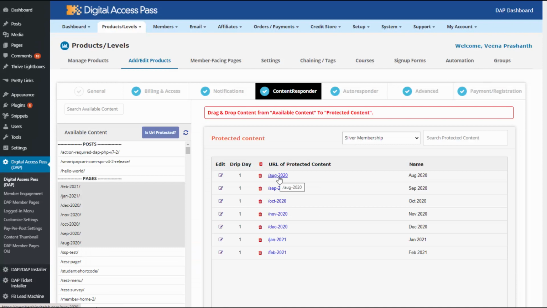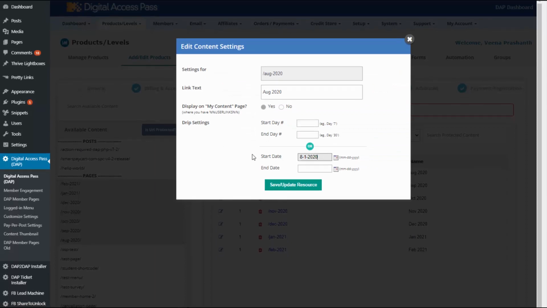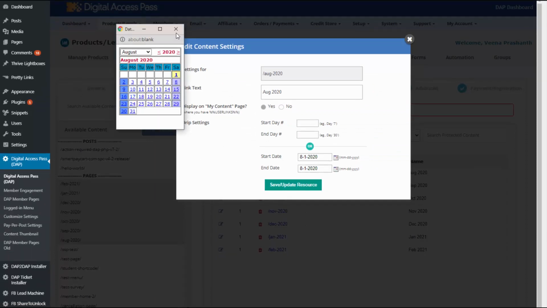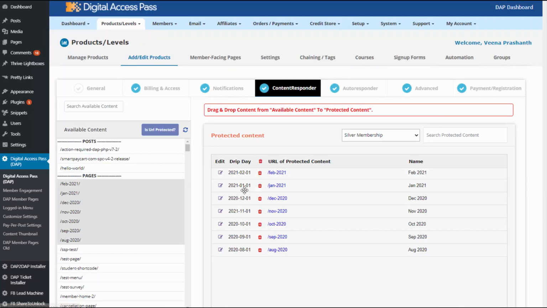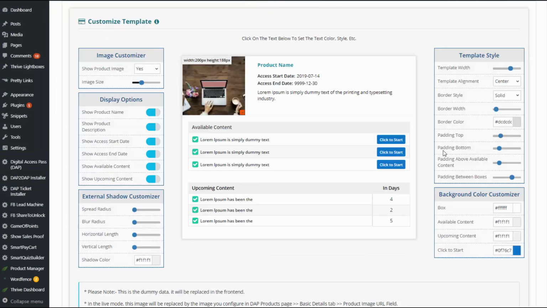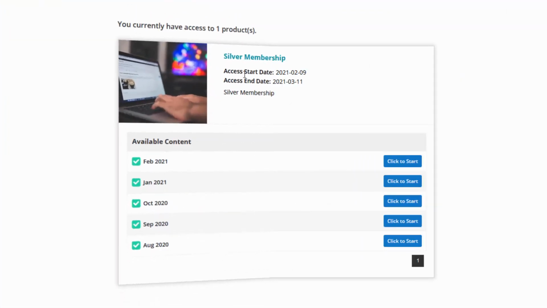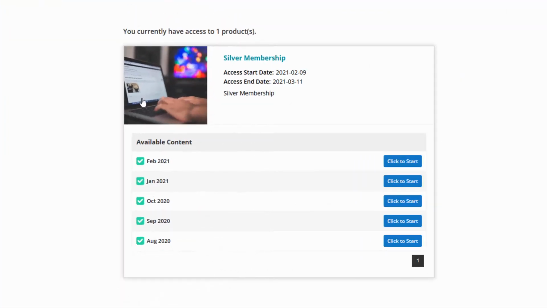Go ahead and set up your content dripping and use date-based drip model to drip your content. Set the access start date as the start of the month, set the access end date as the end of the month for each piece of content based on whatever month you want it to be available under. So make sure that you set the right access start and end date. Now when you create a My Content page and send users to that page when they log in, they will only find the content based on the months that they actually made payments. And the months they didn't make payment, they will not be able to access that month's content.